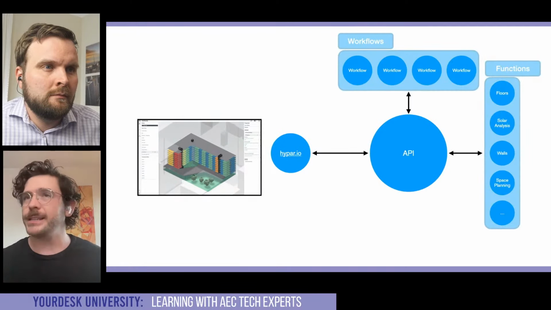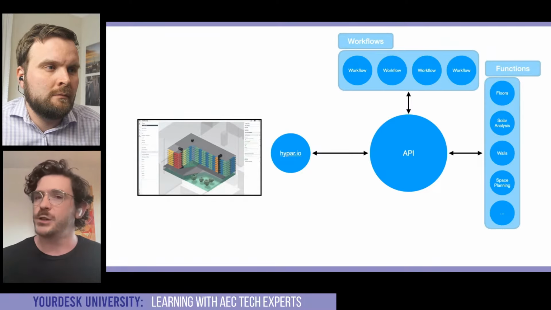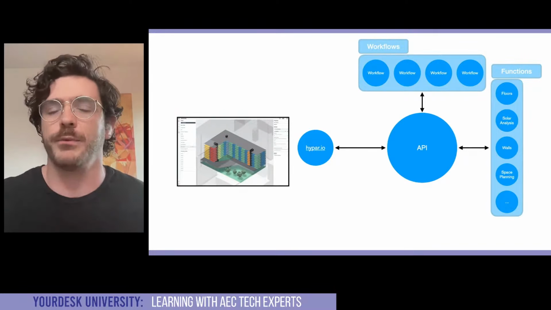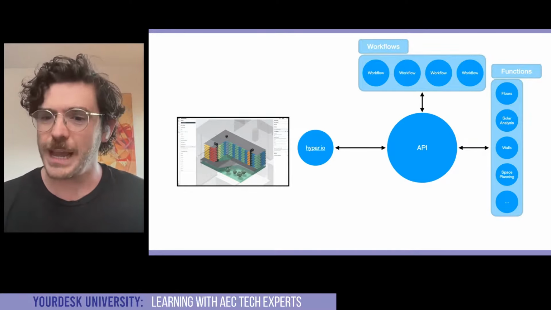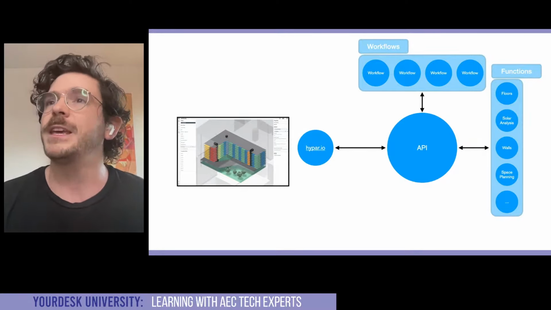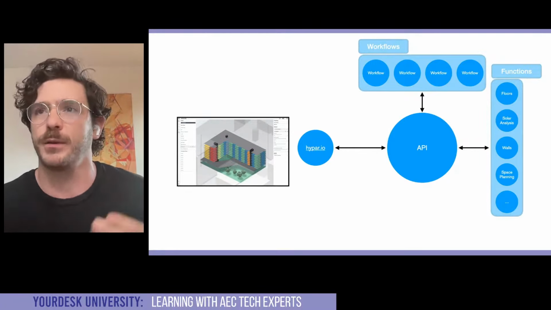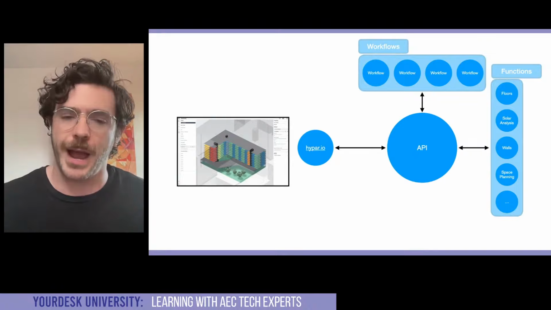So we have a database of all of the workflows. And when we say workflow, what we really mean is a Hypar file or a Hypar project. When I start a new test fit or a new multifamily residential project, I'm creating a new workflow. And each one of those workflows contains the functions that I've added to it. And that together makes up the entire project. So the API handles communication to that collection of workflows and also handles keeping track of and interfacing with the functions, which are really the heart and soul of Hypar. These are the things that run code and do the work and generate the building systems that you're actually putting into your model.